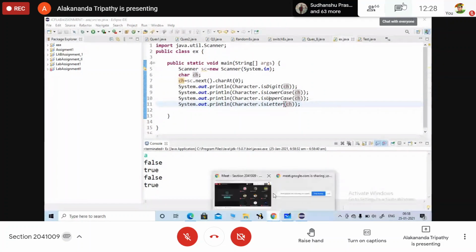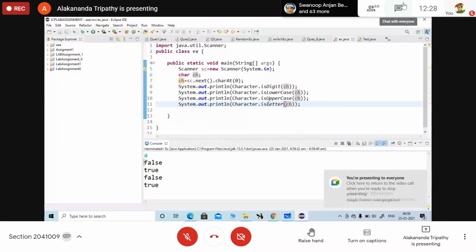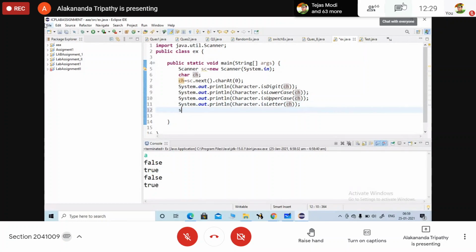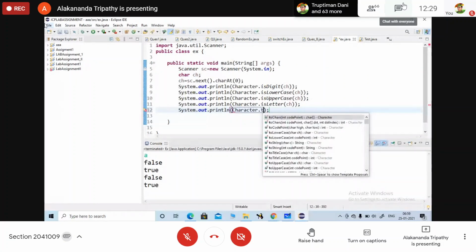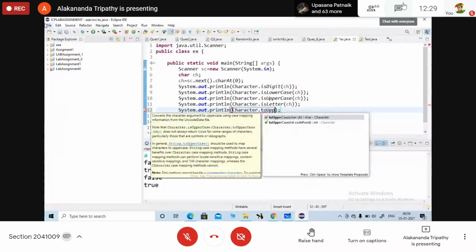All of you note down this one. In order to check whether it is a digit, a lowercase letter, an uppercase letter, or a letter. Yes, ma'am. Then Character.toUpperCase.